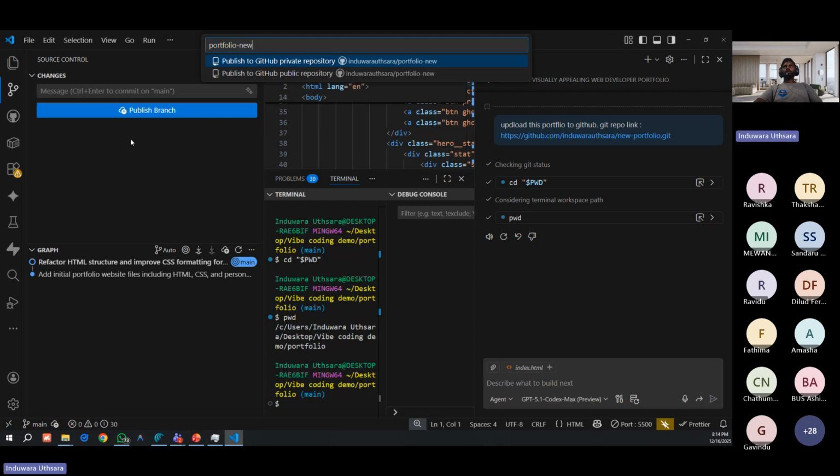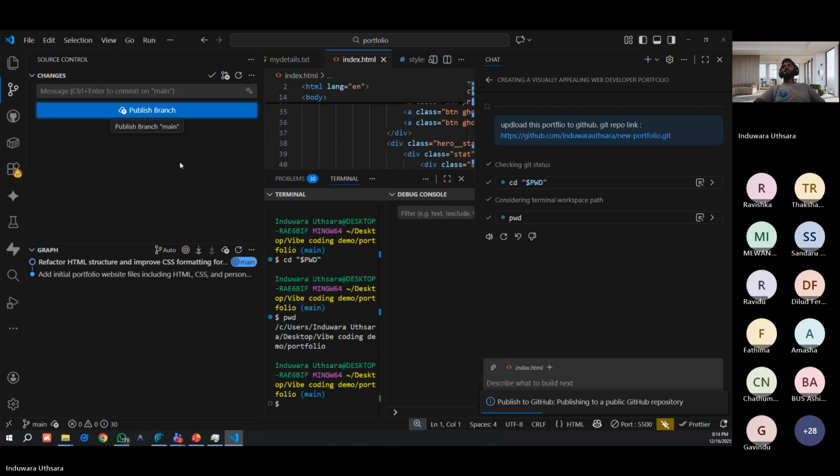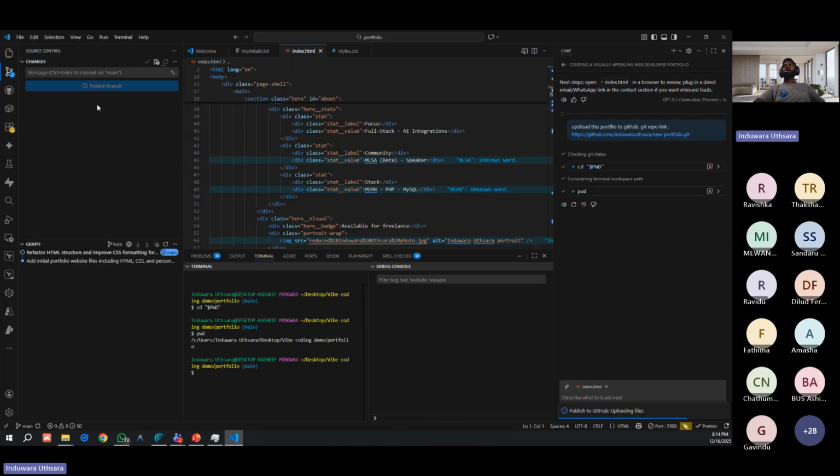So I can create my repo from here without going to GitHub. I don't have to go to GitHub. I can create my repo within VS Code, and when I open GitHub,